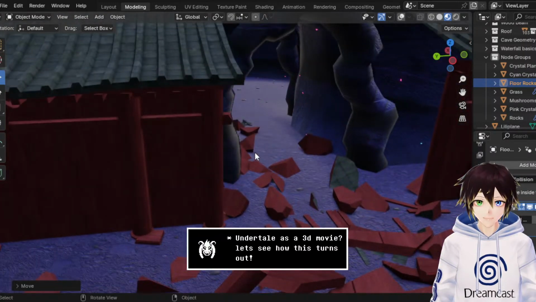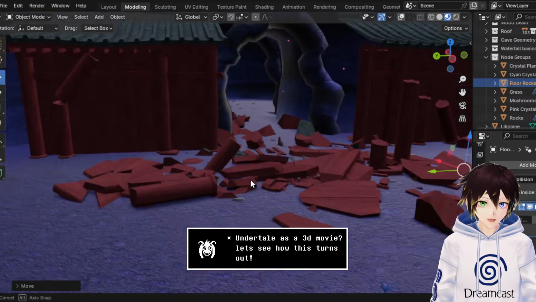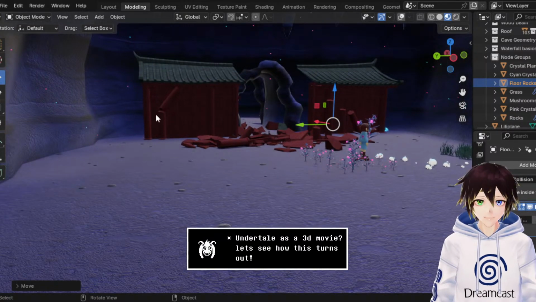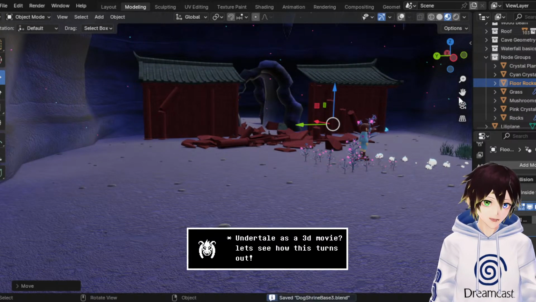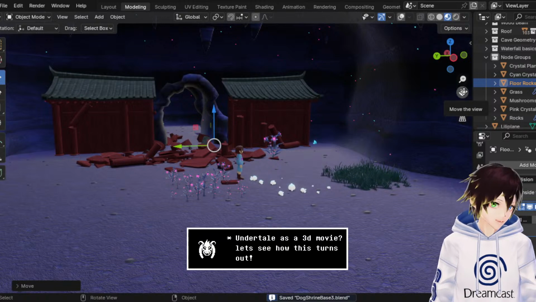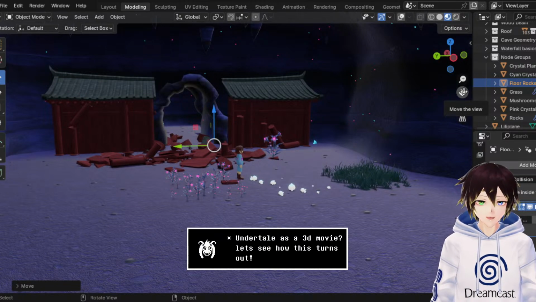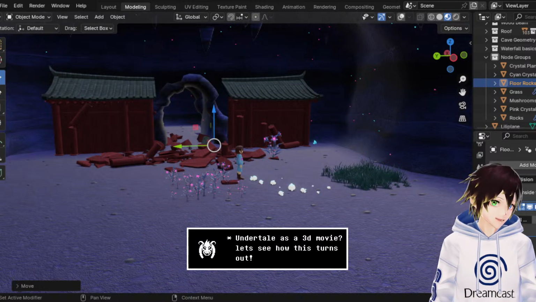What I'm doing here essentially is making the shrine look like it's broken in, but also populating the area with waterfall stuff, because as a lot of people know, Toby already used the textures from waterfall for this area. I'm going to turn the sound down a little bit. There we go. So Toby used the waterfall textures to make up this place, right? So what I'm doing is taking that inspiration and